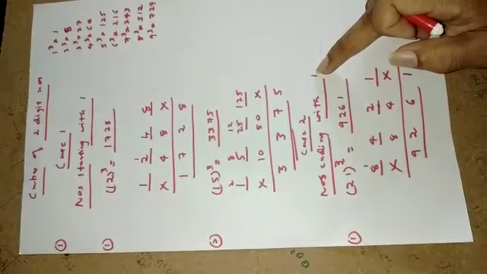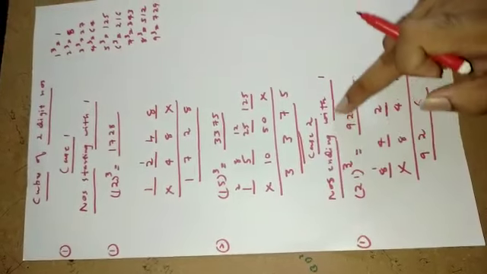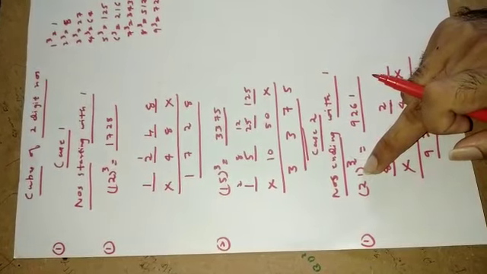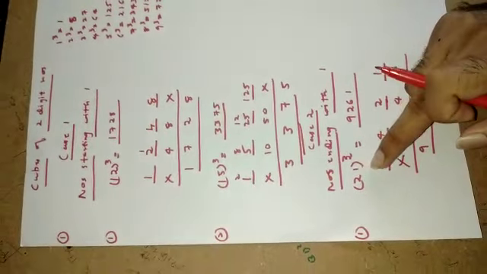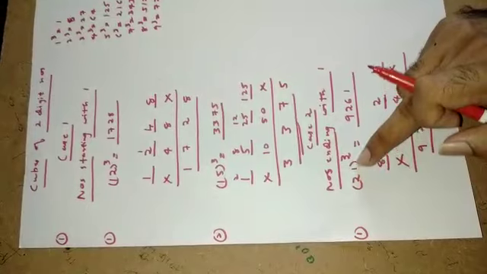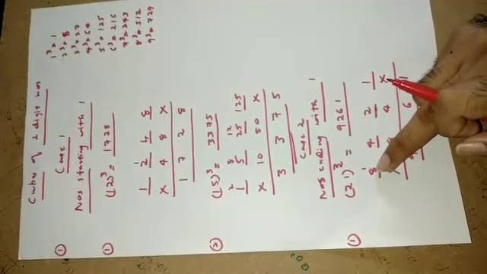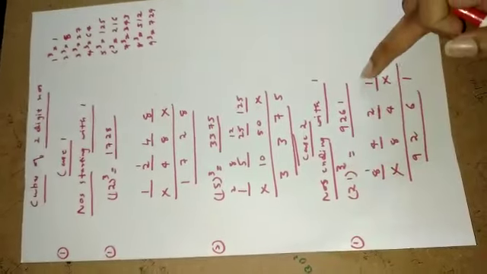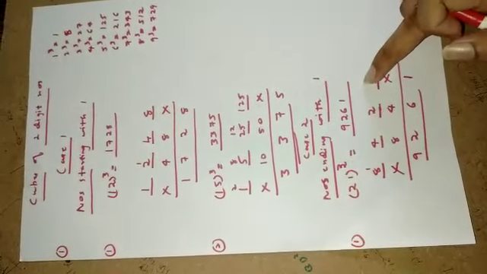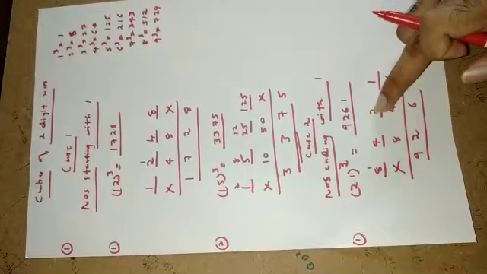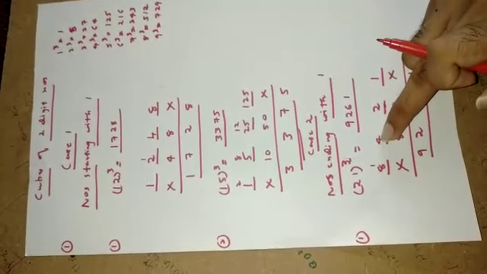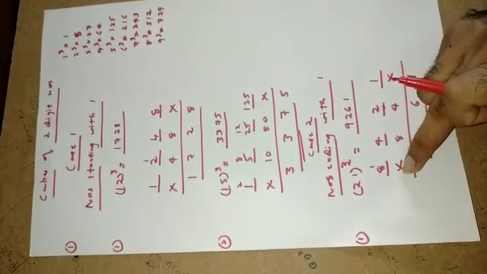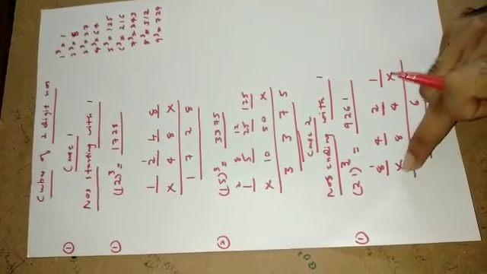Numbers ending with 1. Numbers ending with 1 are 21 cube or 31 or 41, 51, 61, 71, anything. So, let's go to the first problem. 21 cube. We need to put 4 spaces, 1, 2, 3, 4. 21 in the sense we should put this 1 in the last spot, 1, and this 2 here, 2. Then 2 square is equal to 4, 2 cube is equal to 8, and we should put a cross mark in the first space and last space. We should not write anything here.